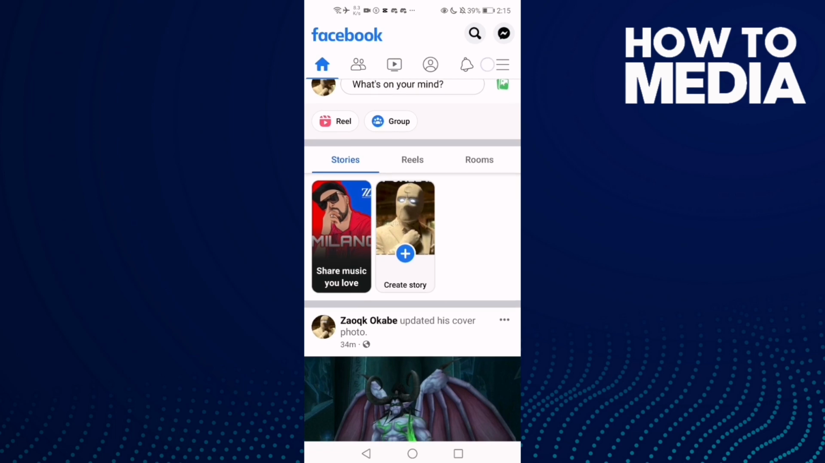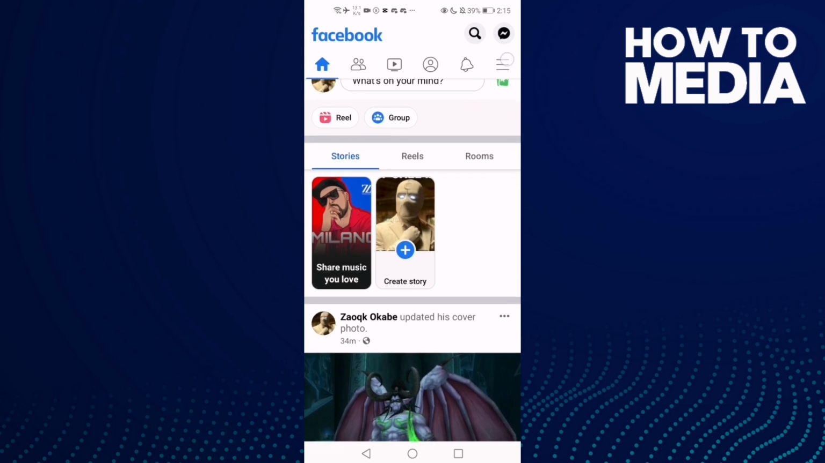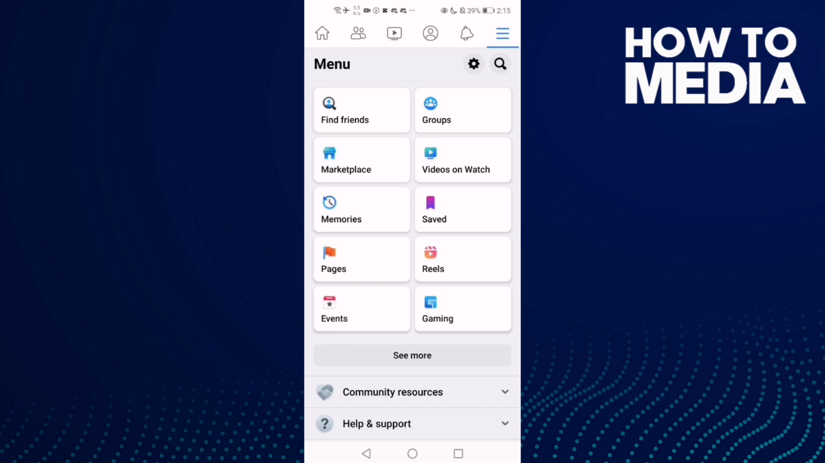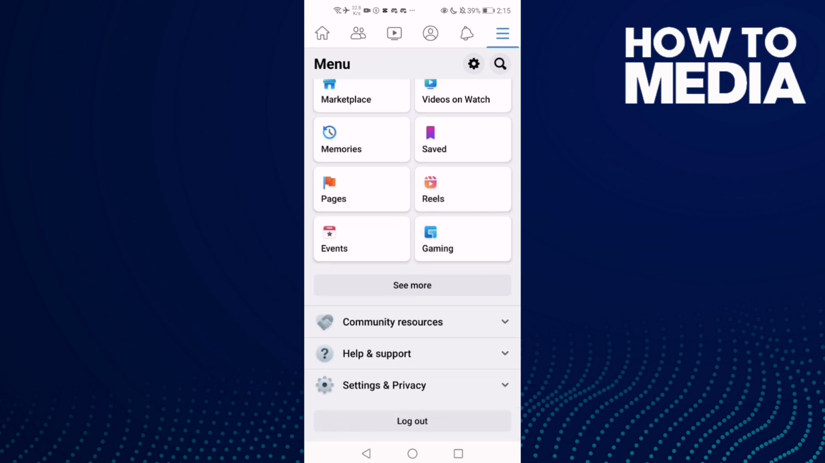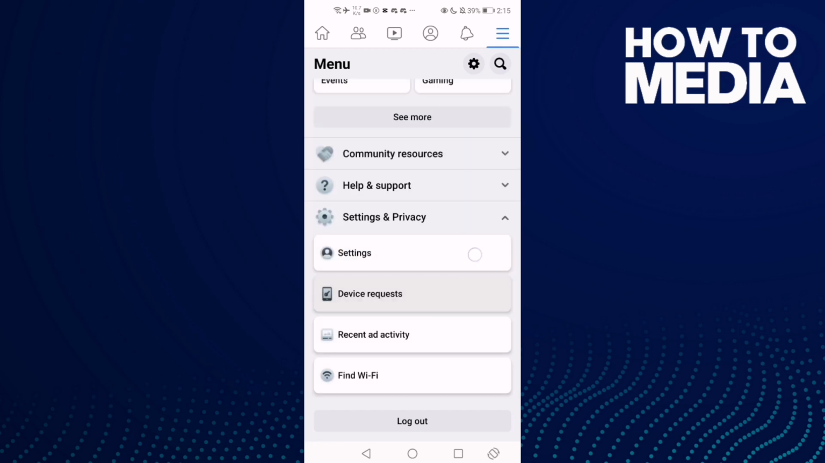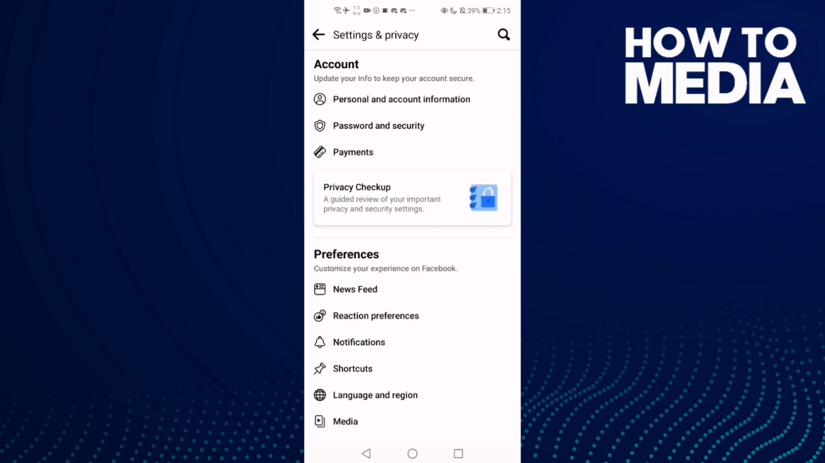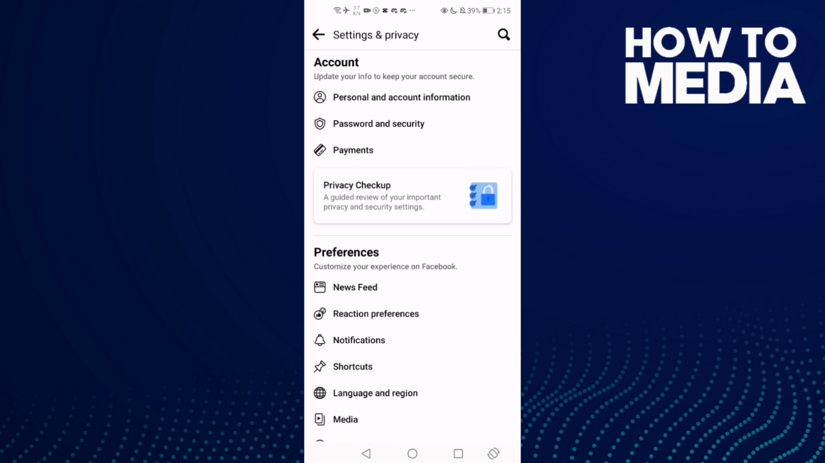and now click this three lines here and then go down until you find settings and privacy and click on it and then click settings and then click personal and account information